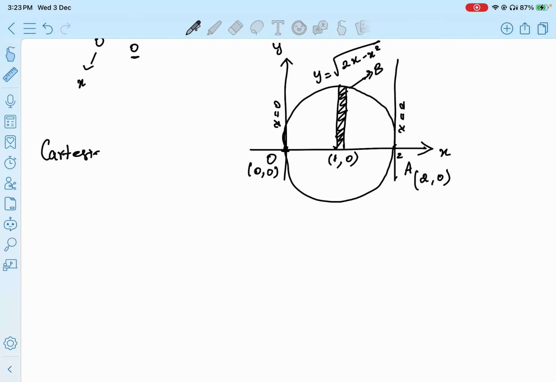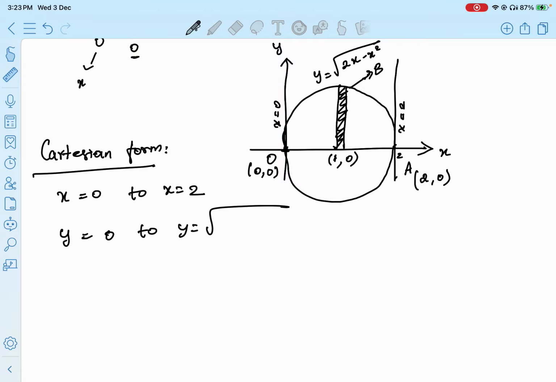So first I am going to write the Cartesian form. The Cartesian form is only given in the question, so we are directly going to write it. Our x equal to 0 to x equal to 2 and our y equal to 0 to y equal to root of 2x minus x square. This is what I have told you. So we are going to check whether it is the form of a circle. So we can write y equal to root of 2x minus x square, which is y square equal to